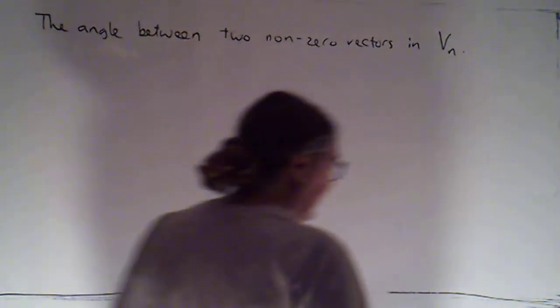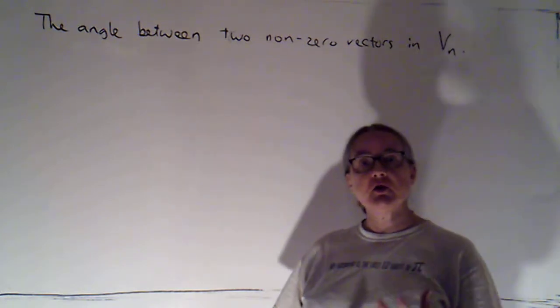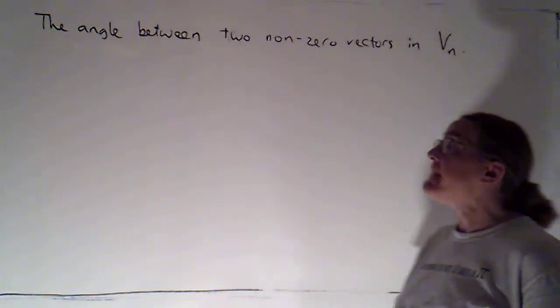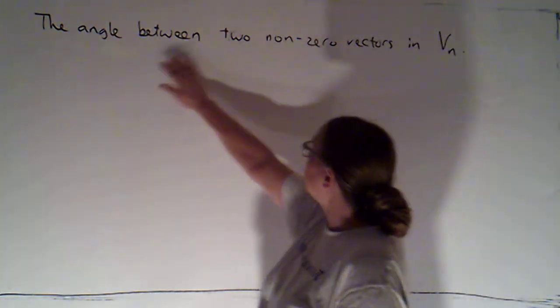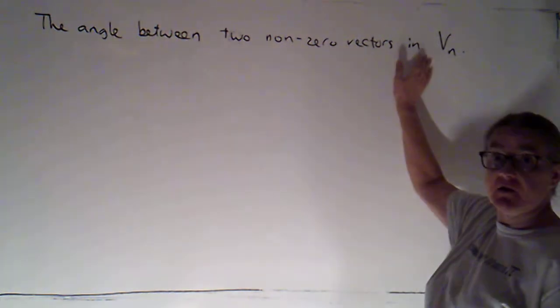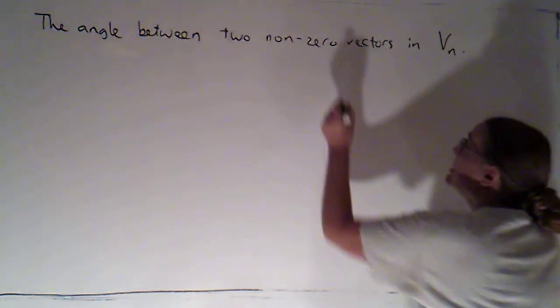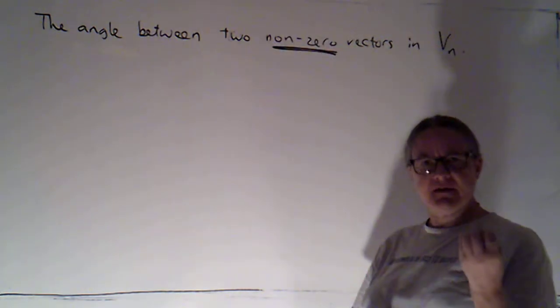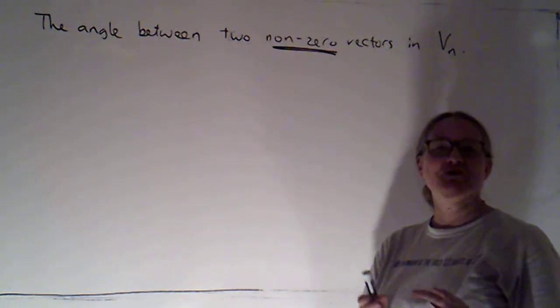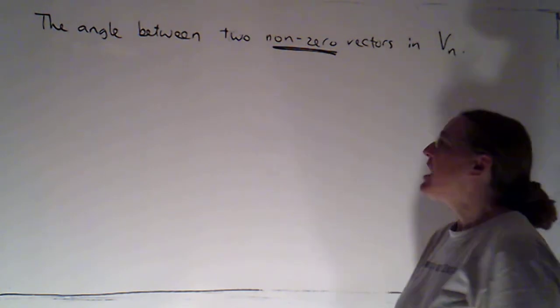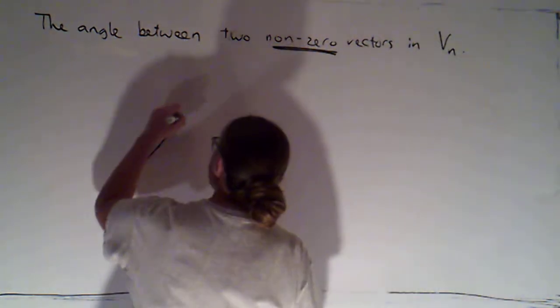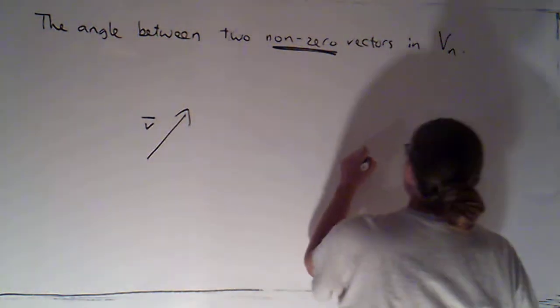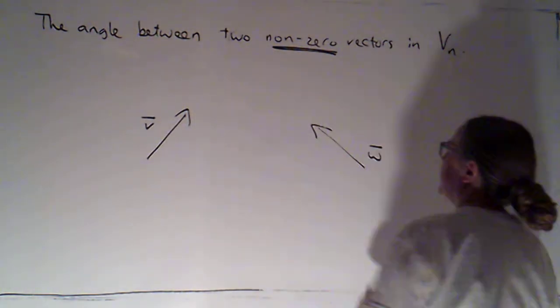So I want to start taking a look at one of the things that we can use the dot product for, and that's to help us calculate the angle between two non-zero vectors in n space. Very important that we're working with non-zero vectors, because remember, the zero vector doesn't have a unique direction associated with it. But if I have two non-zero vectors, let's say I've got v and w,